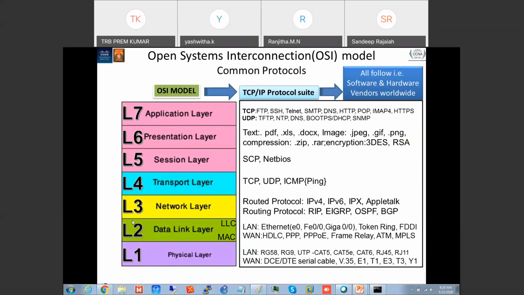The asymmetric encryption protocol is RSA. Next, ICMP. Sandeep, give the answer. ICMP is basically an L4 protocol.